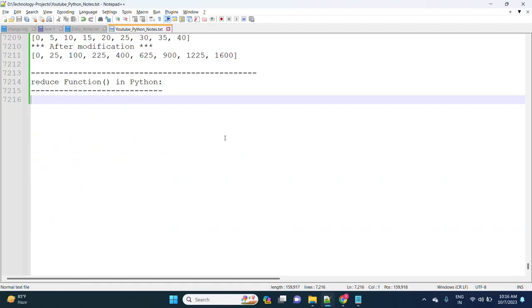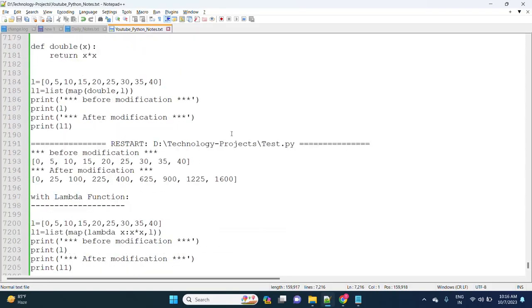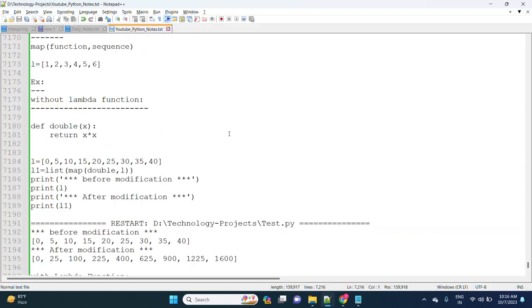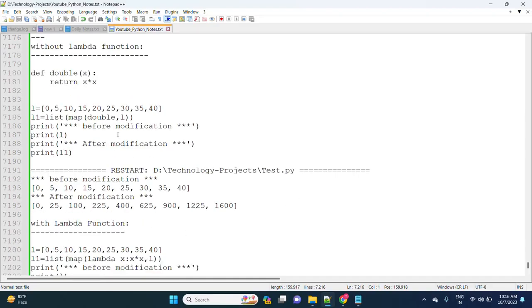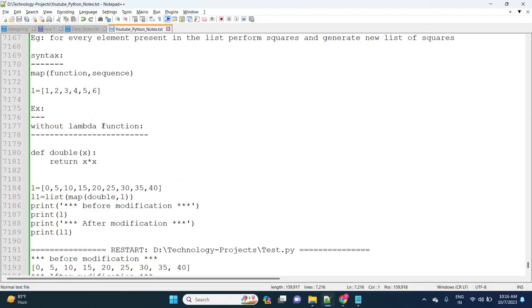Observe one point here. In the filter function and map function, we used a lambda function and also did it without one. Here, with the reduce function, we will also use a lambda function. I want to highlight that whenever we use a lambda function, the intention is to complete the task in a single shot. If we are not using a lambda function, we define a function, so the code increases, and it might be somewhat hard for another person to understand. The length of the code increases